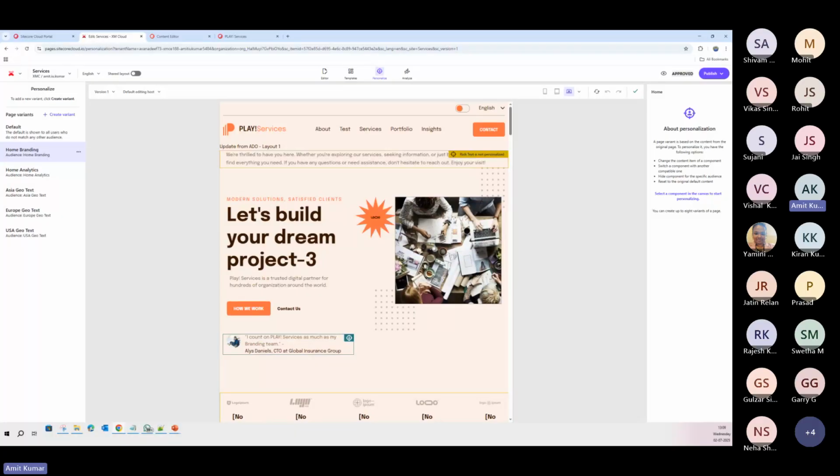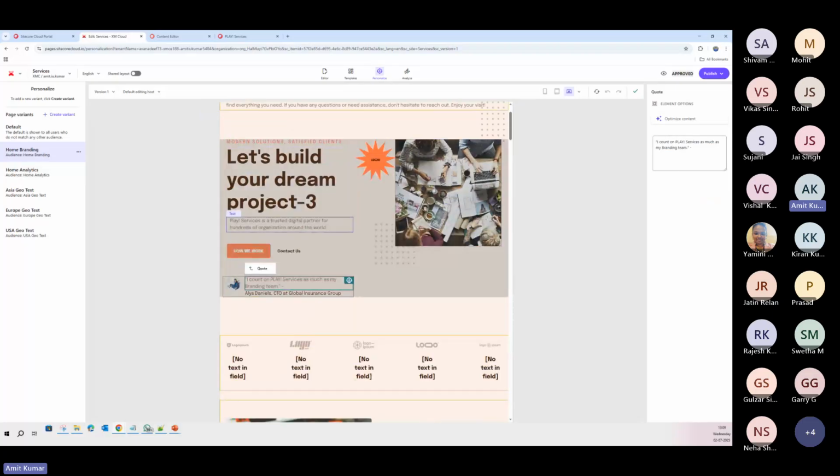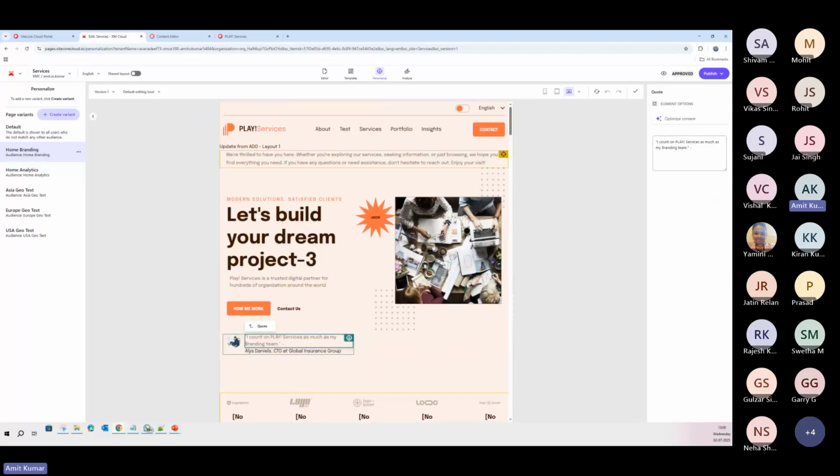You can create page variants, but there is a major difference here. If you remember in XP, when you used to apply the personalization, you would generally pick one component and select that based on this condition, apply this personalization rule here, and then come here and apply personalization rule B here, right? So you were able to apply more than one personalization rule on different components, right? But here, when you are creating the page variants,